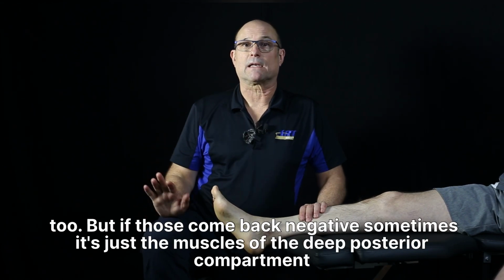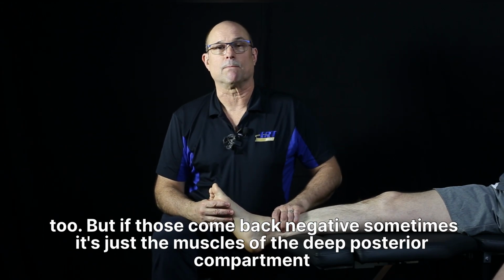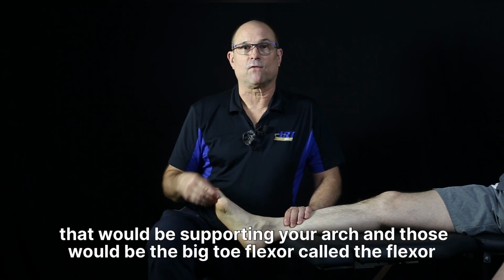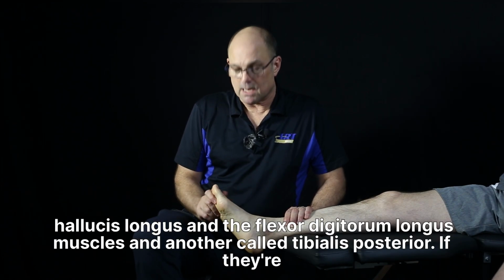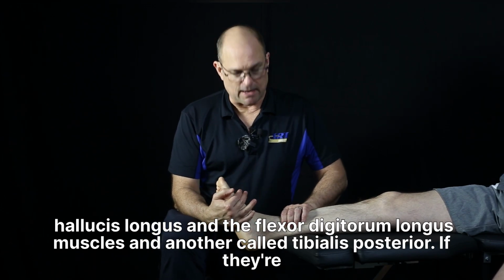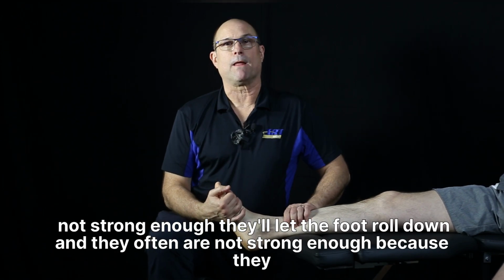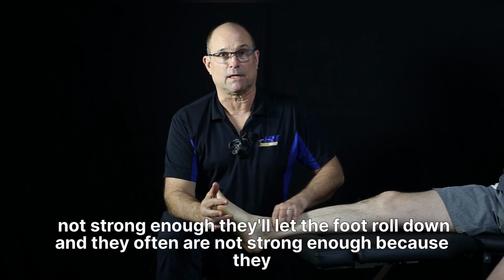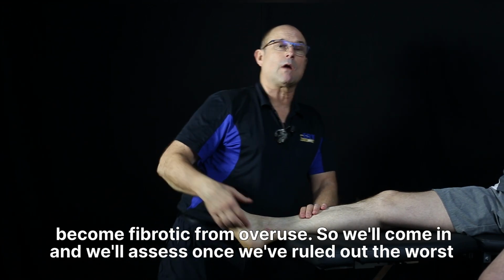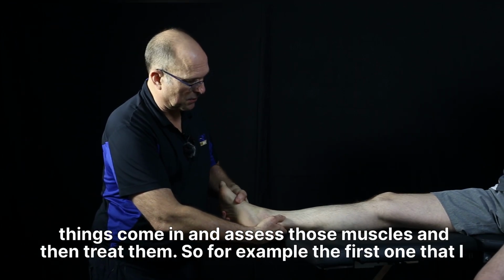But if those come back negative, sometimes it's just the muscles of the deep posterior compartment that would be supporting your arch. And those would be the big toe flexor called the flexor hallucis longus and the flexor digitorum muscles, and another one called tibialis posterior. If they're not strong enough, they'll let the foot roll down. And they often are not strong enough because they become fibrotic from overuse. So once we've ruled out the worst things, we'll come in and assess those muscles